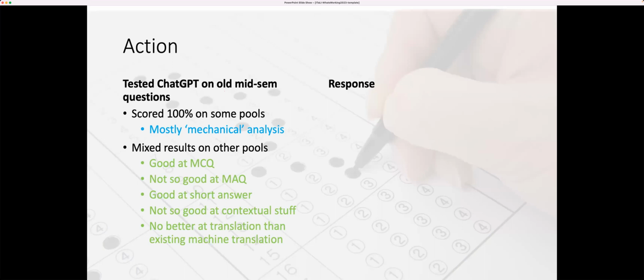So the first thing was we ran all of our pre-existing mid-sem questions, which were in multiple different pools, through ChatGPT. What we found was that some pools of questions ChatGPT scored 100% on, and they tended to be, bearing in mind that our course is translation, the sort of what I think of as mechanical analysis questions like find all the verbs in this sentence or find the main clause in this sentence. With other question pools, there were mixed results. Overall, our impression was that ChatGPT does quite well on multiple choice, not so well on multiple answer,